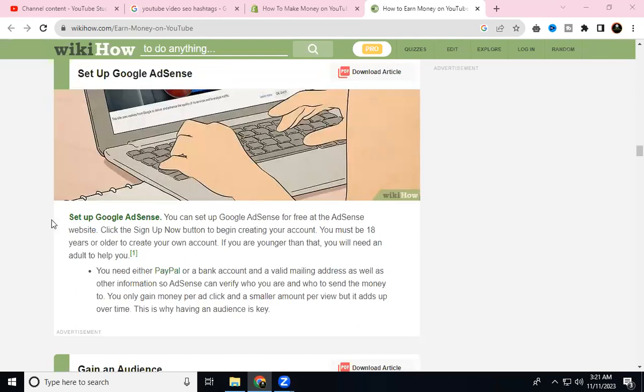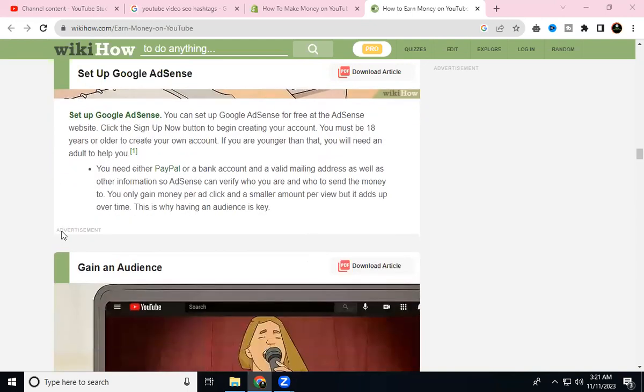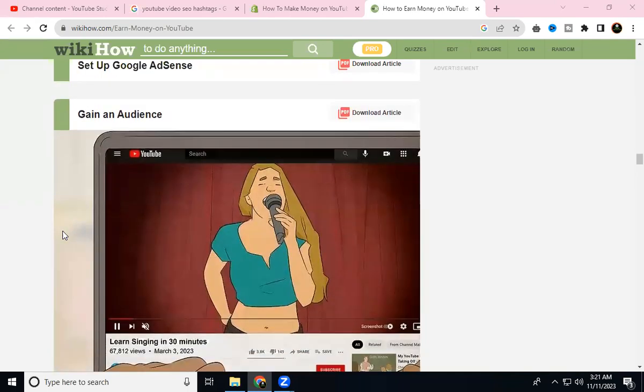You can set up Google AdSense for free on the AdSense website. Click and sign up. To create an account you must be 18 years or older. If you are younger, you need a parent to create the YouTube account. You also need a PayPal or bank account to get paid.